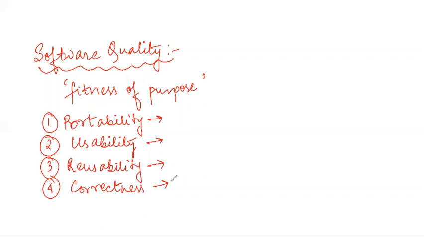Only the people from an engineering background will be able to use it. Otherwise, most of the common people won't be able to use it. Then it is not the correct product that I have delivered to our customer. So what was specified in the SRS document, everything has not been satisfied. Then we will say that this is not a correct quality product. So this refers to correctness, that is, whatever requirements are specified in the SRS document have been correctly implemented or not.